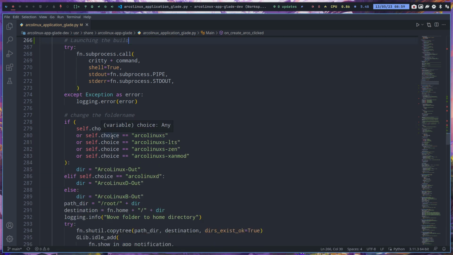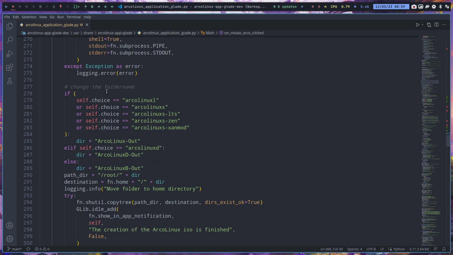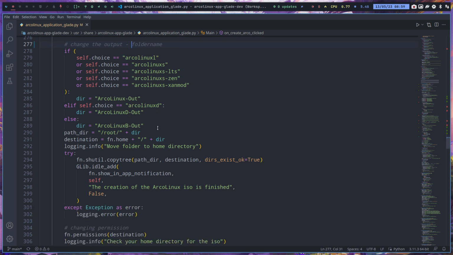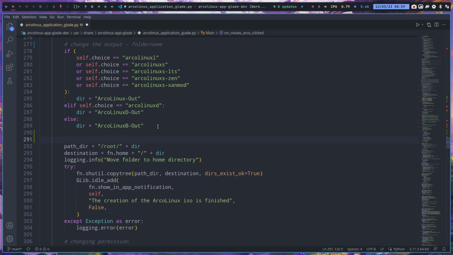Okay, change the folder name. That's a whole process. So the output. Output. Where should it go? And depending on the choice, you need to have something different. And then we say moving the ISO to the home directory